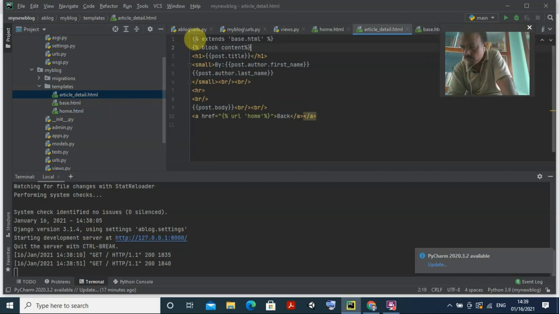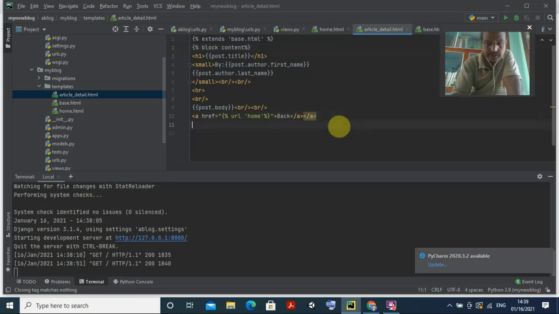Now what you need to do at the end is put the end block, because you started block content here. You can copy-paste or type it here, there is no issue. So now you make this, then shift this, then write end block, right?